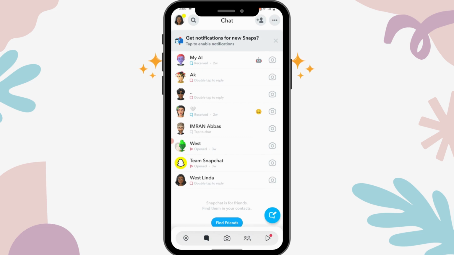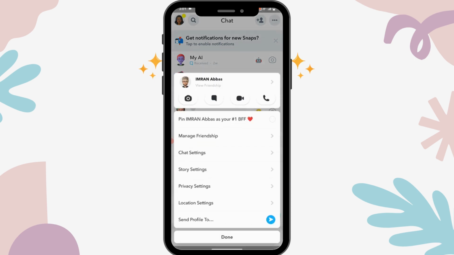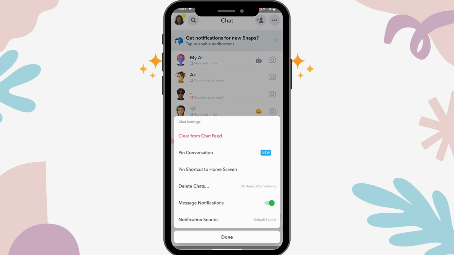I'll show you that. So what you have to do is simply tap for 2 to 3 seconds on the person's chat, and after choosing, you will have a bunch of options. You can simply tap on chat settings, and